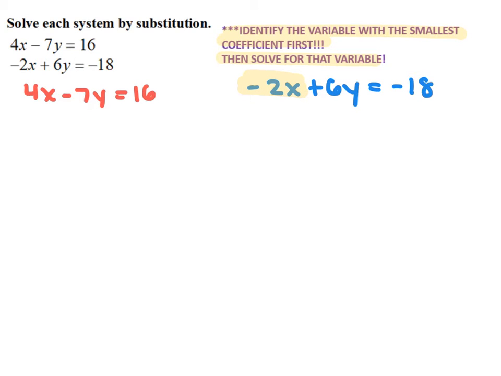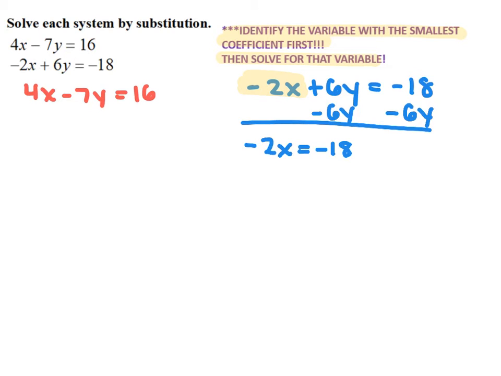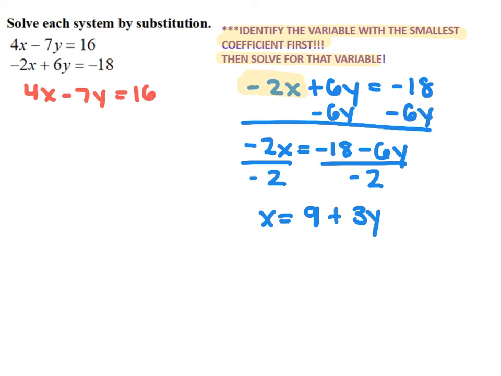So in order to get it by itself, I would have to first move the 6y over. So I subtract 6y from both sides to get negative 2x equals negative 18 minus 6y. Then to finish getting x by itself, you would divide both sides by negative 2 to get x equals 9 plus 3y. Now you're going to take this entire expression of 9 plus 3y and plug it in for x in the